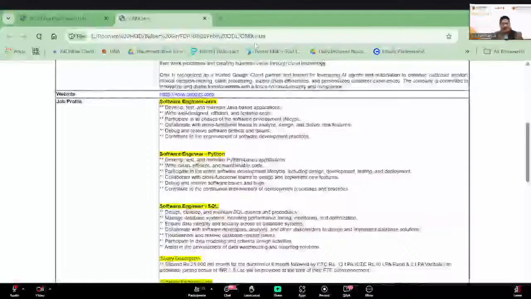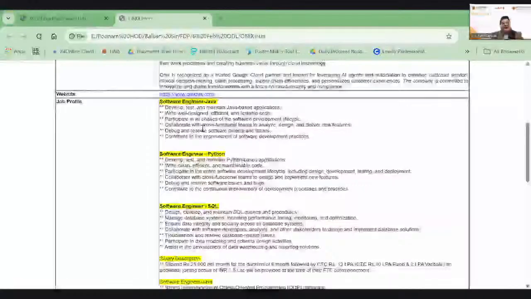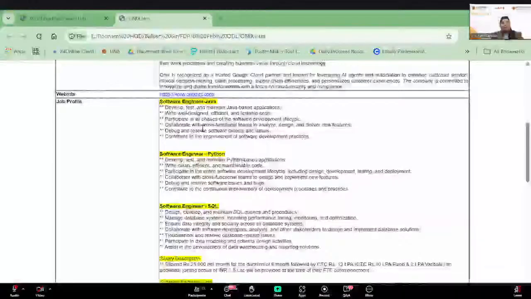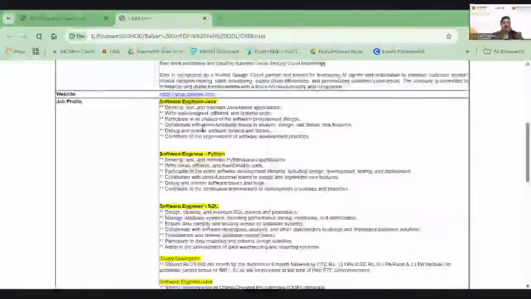Other than that, they have also mentioned that whosoever is going to be the individual, that person is going to be responsible for participating in all the phases of software development. So that means you should have actually designed software, maybe in the form of a project as well. If I move on to the next part, where they have mentioned that the person would be responsible for collaborating across cross-functional teams, this also means in the soft skills, I should see as a company teamwork and collaboration